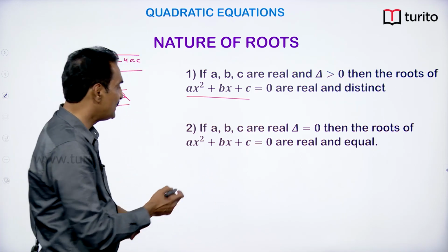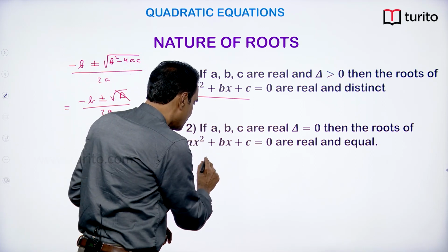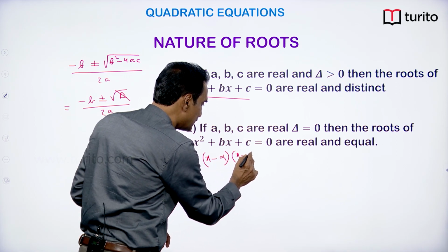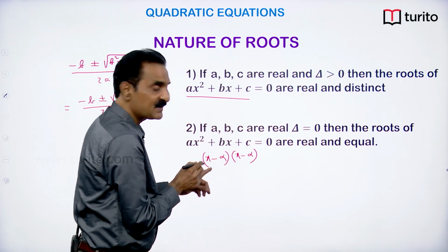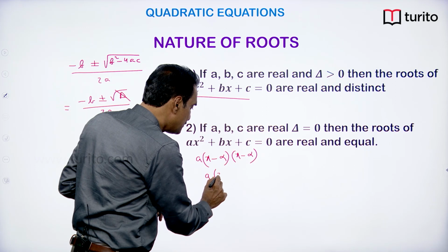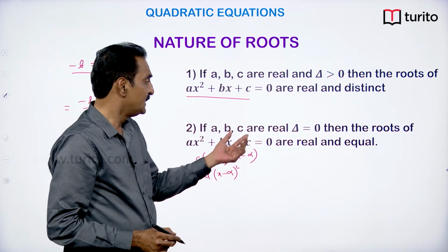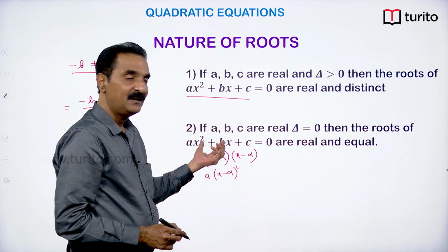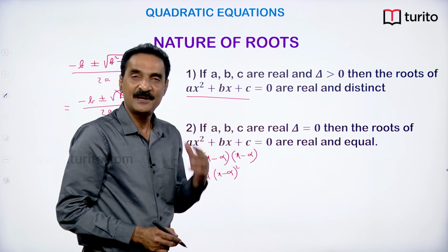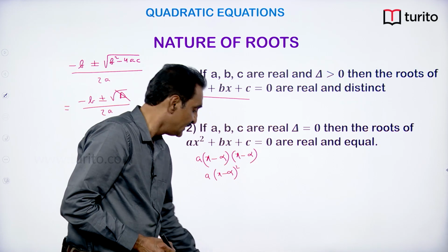When the roots are equal, what happens? Suppose each root is alpha, then you can write the quadratic expression as x minus alpha into x minus alpha into a. So it will be a into x minus alpha whole square. So whenever it is said that a quadratic expression is a perfect square, then automatically the discriminant is equal to 0. Okay. Next point,